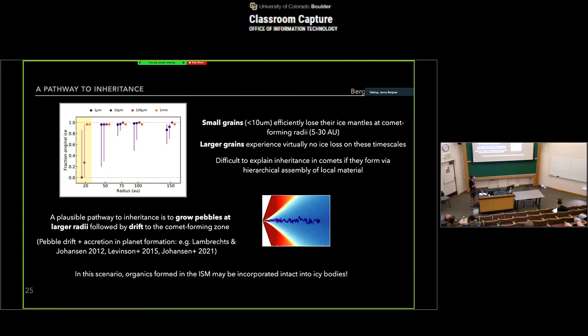It's also worth noting that in this scenario, where you're incorporating these interstellar ices into icy bodies in the outer disk, this really links the chemistry that we're seeing in the interstellar medium with potentially subsequent terrestrial chemistry. Icy bodies like asteroids and comets are thought to have delivered a lot of the volatiles here on Earth. And so if we're successfully incorporating these interstellar materials into these icy bodies, then there is perhaps a direct link between the chemistry that's going on in the very early stages of star formation and what's ultimately happening on planetary surfaces.